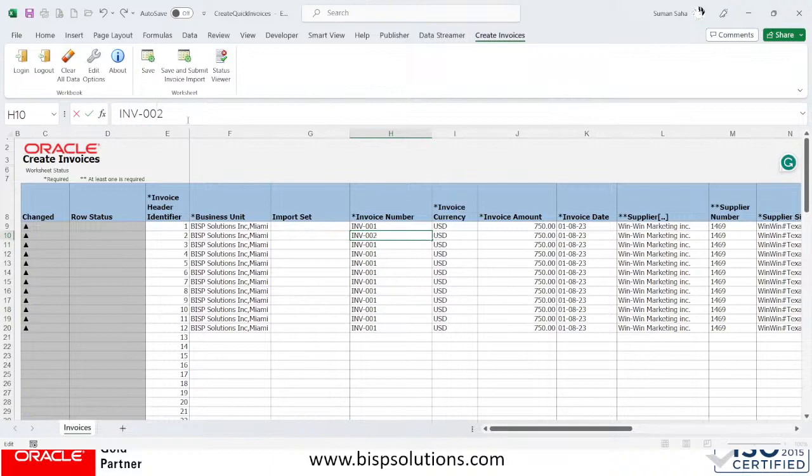2, 3, 4, 5, 6, 7, provide the 8, 9, 10, 11, 12. Right, so amount is, and the invoice date, say it is